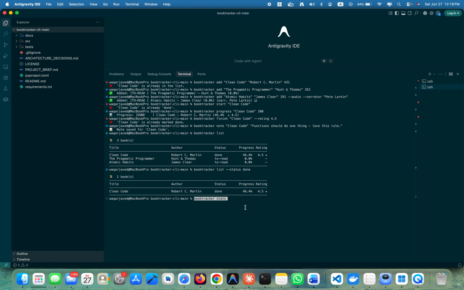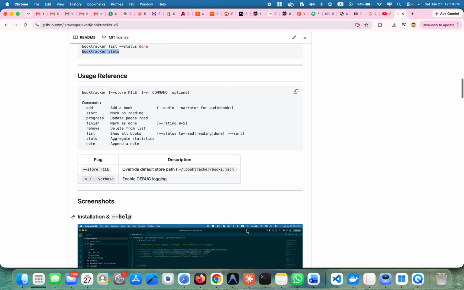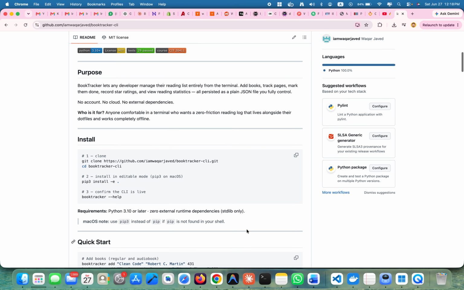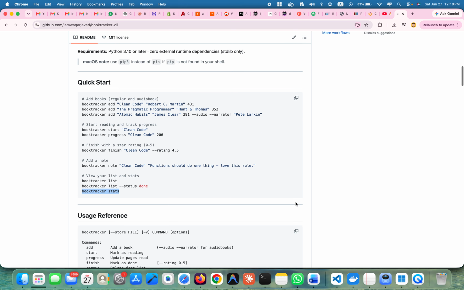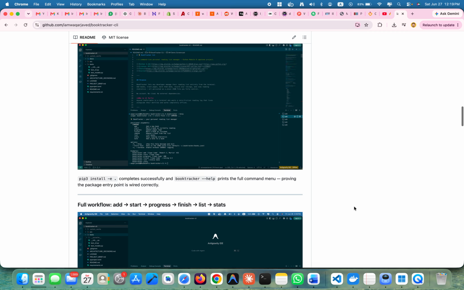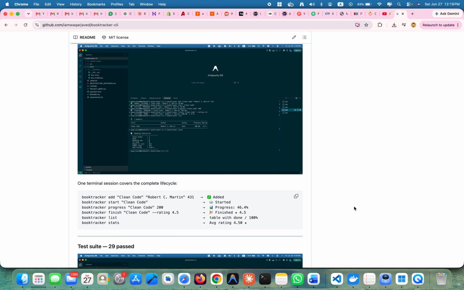Let's see. Very well. So pages in the list 1074, pages read 200, average rating 4.5 stars. So that's a very good thing. So these are the project, so it is working well. Installation is also working, and every command which I am running is also working very well. So I think